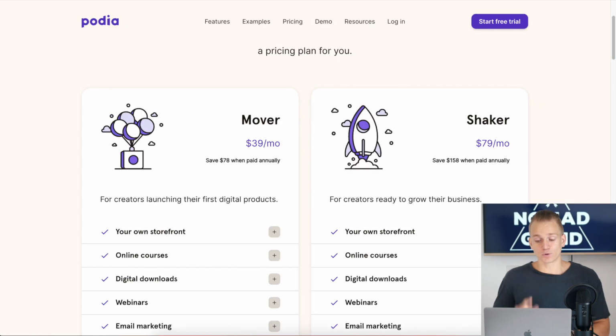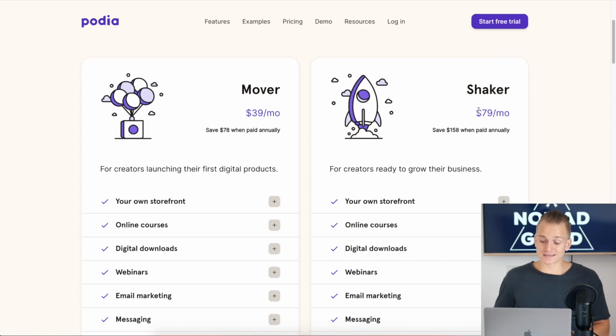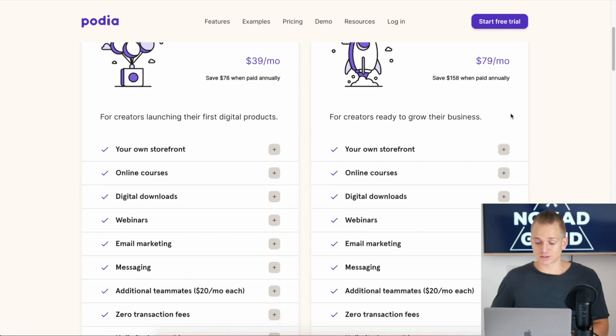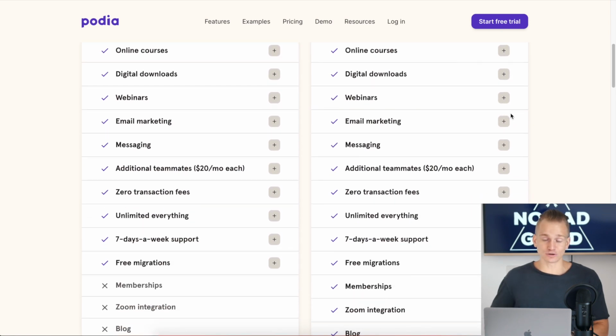And then if we go to Podia, it's only $79 a month. So again, it's even more straightforward compared to the other plans. With the Pro plan, Podia is definitely the cheapest option out there. And it's not just the cheapest option. If you look at all of the features that you get on Podia, you actually get a lot more things,